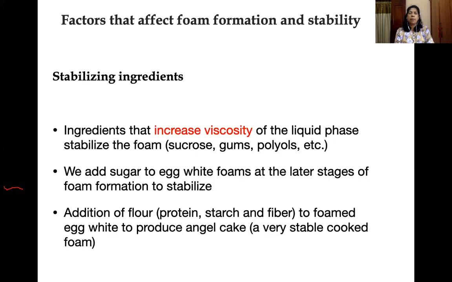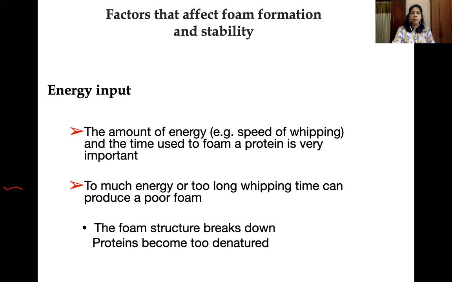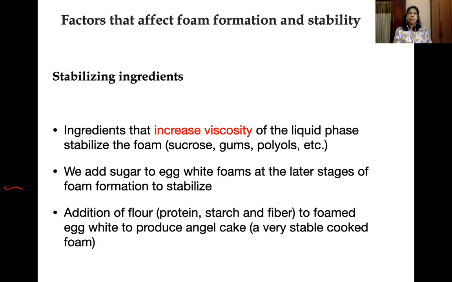Addition of flour, the protein, starch and fiber to form egg white to produce angel cake, a very stable food form, right? So now you can see that these things are very stable, especially the starch is really supportive to make a form, keep the form very stable. So in the case of bakery products, especially the cake or the bread or the bun or these kind of thing,